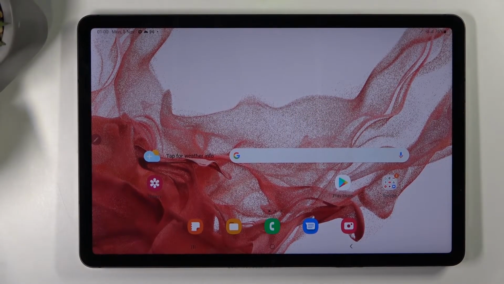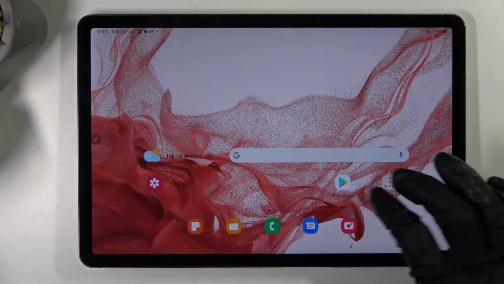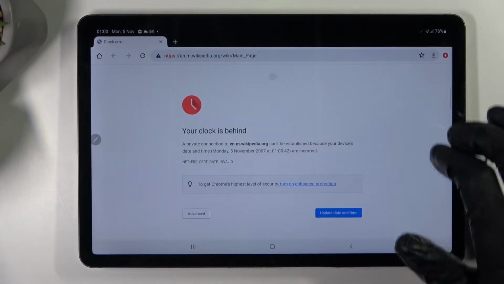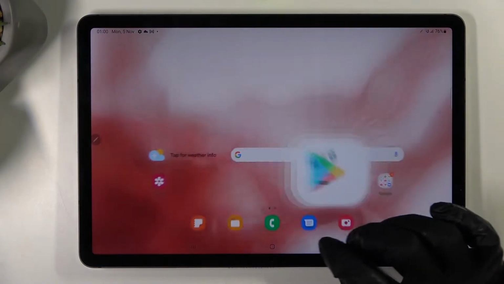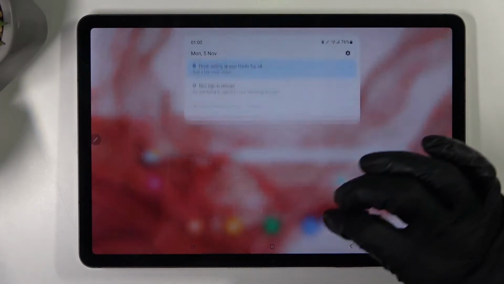Hello, in this video I'm gonna show you how to fix your problem when you get internet connection but cannot browse any website or use Google Play Store on your Samsung Galaxy Tab S8. To do this, you'll need to go to your settings